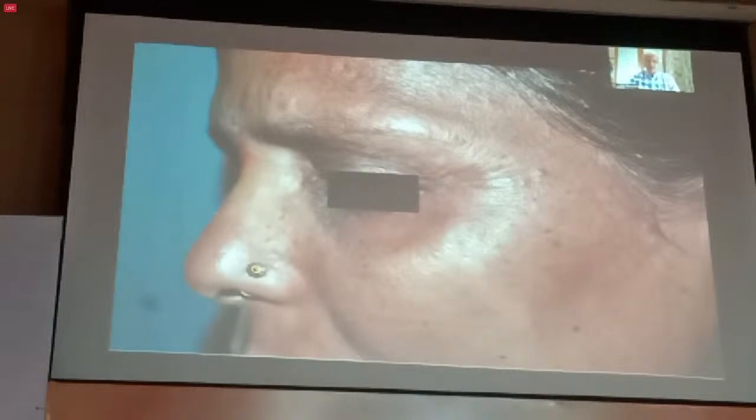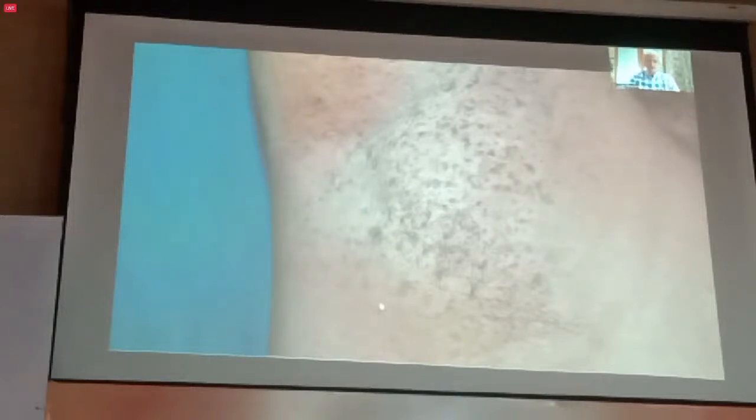And occasionally we see cases where they resemble freckles, but they are not present in a photo-distributed pattern. Of course, these are the DPN or the dermatosis papulosa nigra lesions. I'm not talking about them. I'm talking about these fainter brown macules. And unless you examine the axilla of this patient or the covered parts, you may not get a clue to